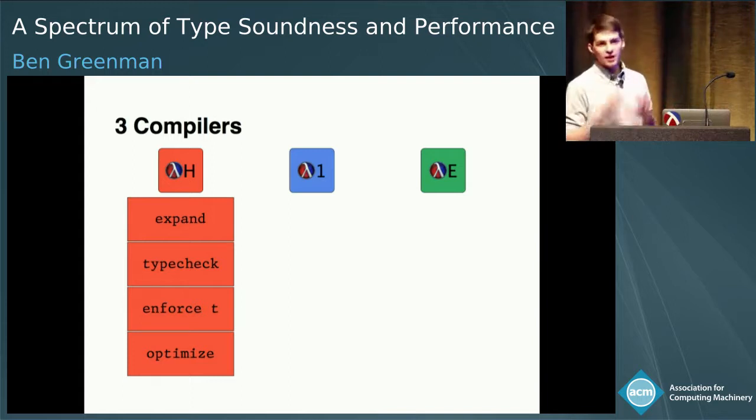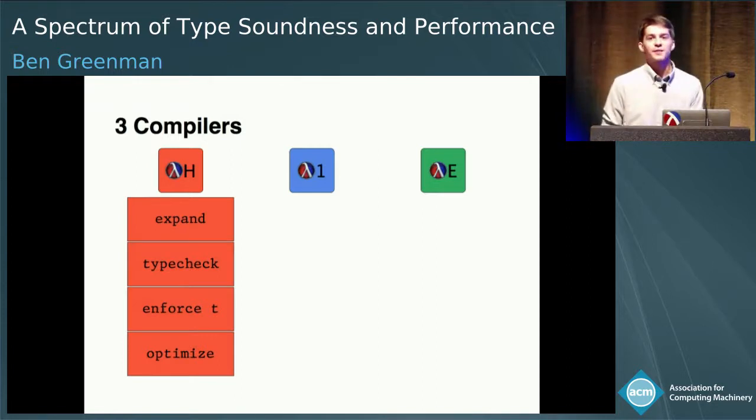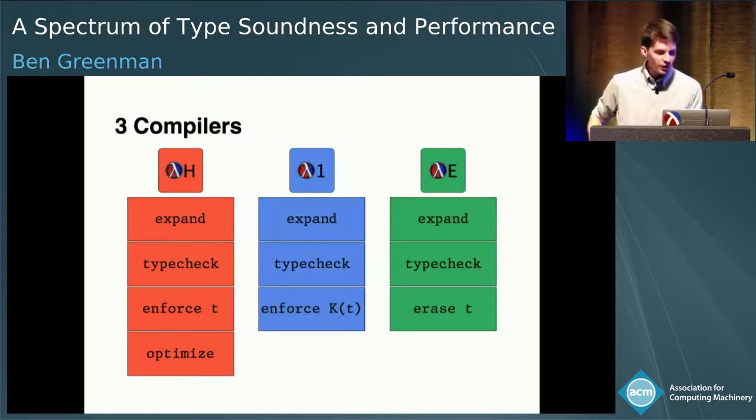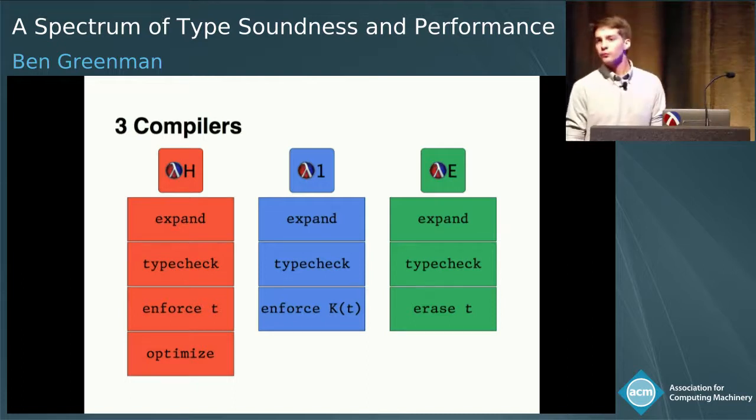Type bracket takes a program, expands all the macros in the program, type checks the expansion, then enforces types with higher order contracts, and finally applies a type-directed optimization path. So given that type bracket has a soundness guarantee, it knows that it's safe to apply optimizations using the types as assumptions. For the first order and erasure approaches, we reuse the expander and type checker, but we change the